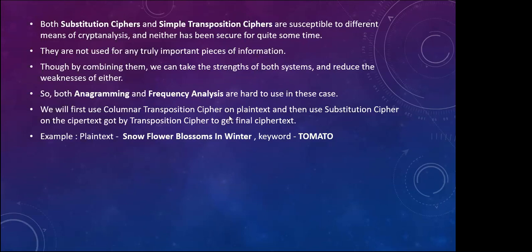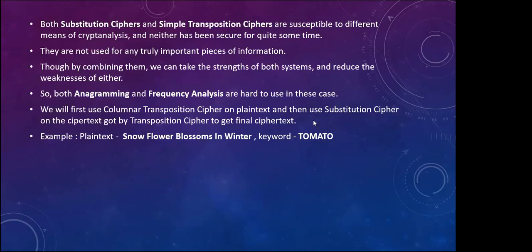First we will encrypt a plain text using the columnar transposition cipher, and then the cipher text we get, we will encrypt with the substitution cipher using the keyword, and the cipher text we then get is the final cipher text. First we will consider a plain text, like snowflower blossoms in winter,